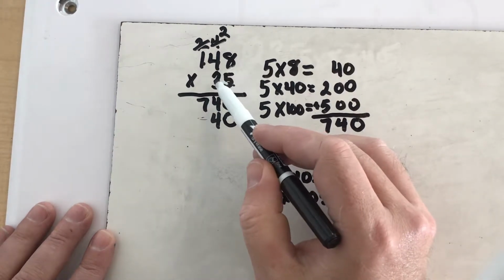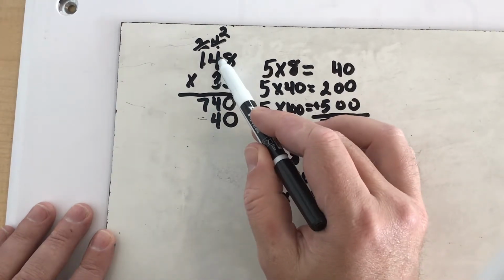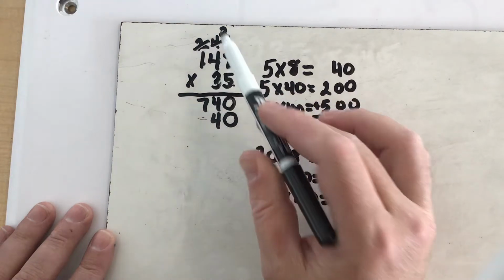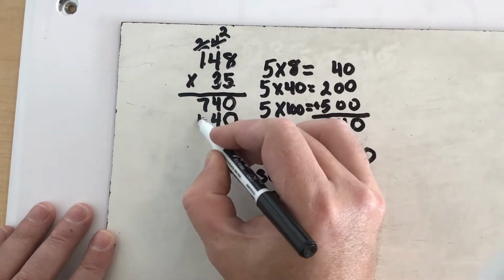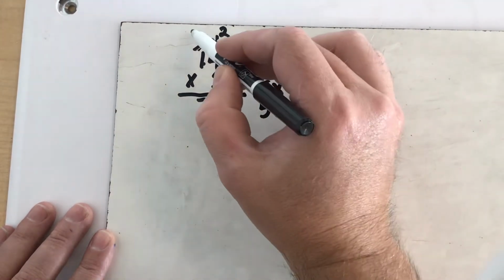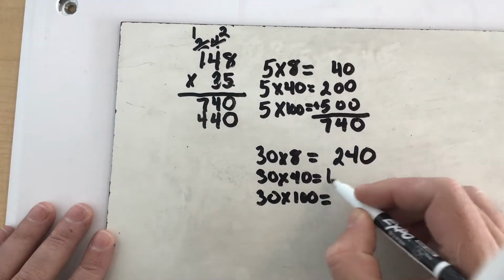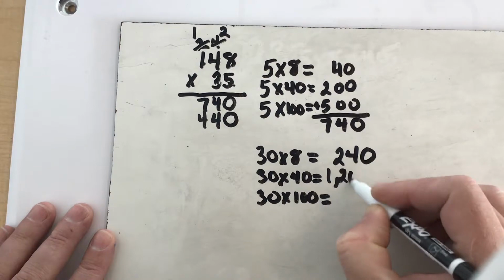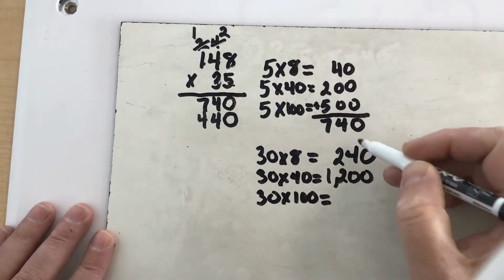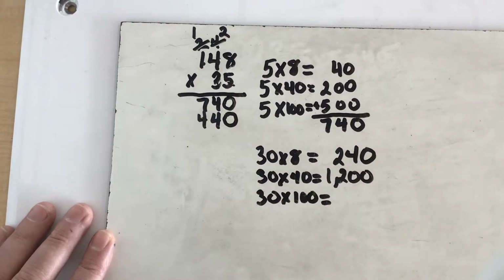Next, I'm going to do 3 times 4, which is 12, and then I'm going to add the 2, which is going to make this 14. Bring down the 1, carry the 10. Verify this here, 1,200. Again, I'm making sure to line up my place value to show that this is going to be the